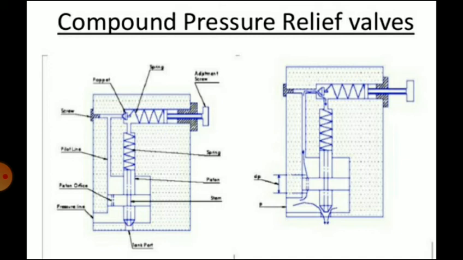When the pressure in the system exceeds the limit which is set by the spring of the pilot stage, the cone is lifted allowing smaller flow to drain. So you can see in a diagram there is an adjustment screw, and that spring, it is a spring operated pressure relief valve. At the top you can see there is a spool, and at the bottom you can see there is an orifice.